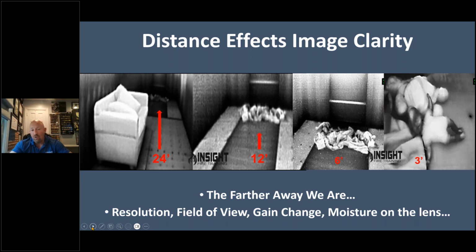When you scan a room, you should never scan a room and say that room's good, we don't have to search it. I understand people teach large area searches that way. I'm not a large area search guy. I stick within the box, okay? This is a 24-foot box and we can barely see a pile of something at the end of it. At 12 feet, we can see a pile of something. For my friends overseas, that's about 3 to 4 meters, somewhere in there. I'm not exact on the measurement here. At 6 feet, 2 meters, we can tell there's something there, but only at 1 meter away, or 3 feet, do we